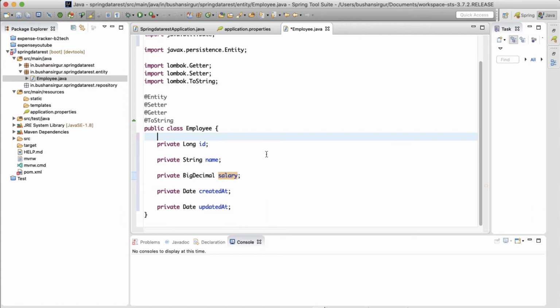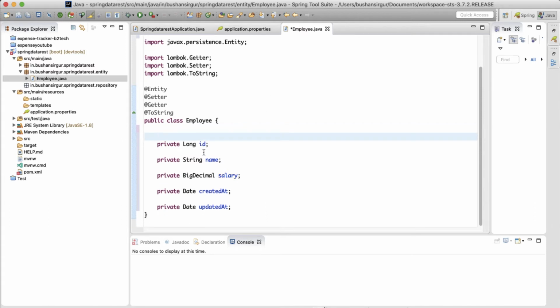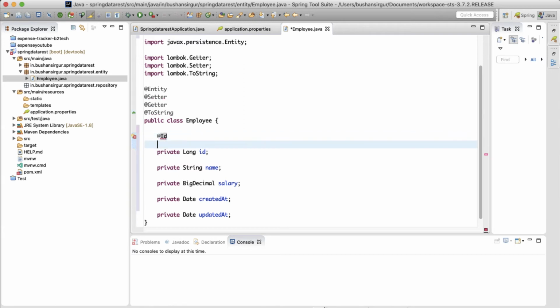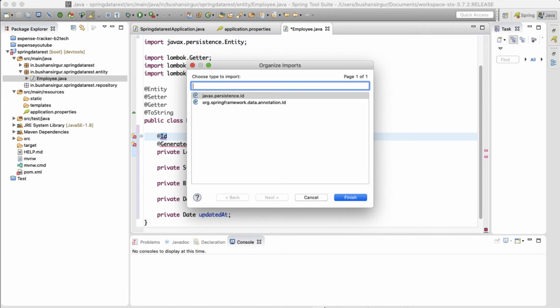Okay, so I'm going to make this id a primary key, so I'm going to add @Id, and I'm going to add @GeneratedValue. Let me import this.